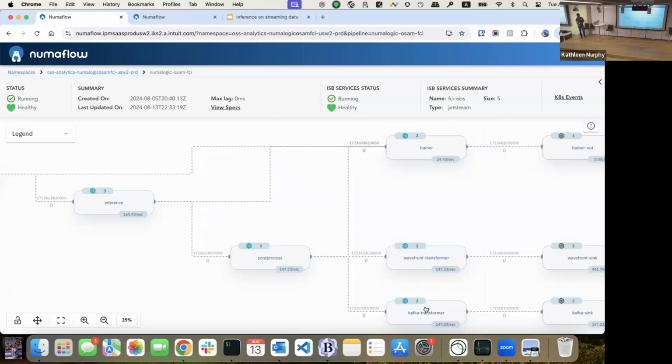Yeah, let me take that question. The gRPC in the picture is used within each part of the vertex. We're not doing gRPC communication between those vertices. The way we support multiple languages, or language agnostic, is that we have multiple containers running in one pod. The platform code runs in one particular container, and the communication between the platform code and the user-defined code, such as the UDF, UD source and UD sink, uses gRPC. We're using gRPC over Unix domain socket, which is much more secure and much faster. That's why we use gRPC.